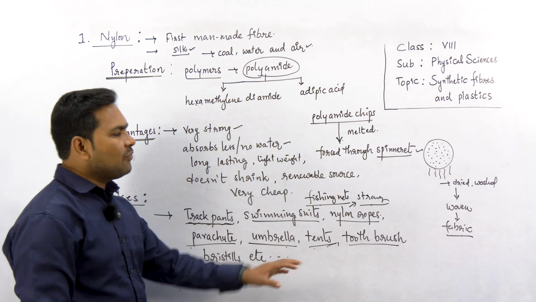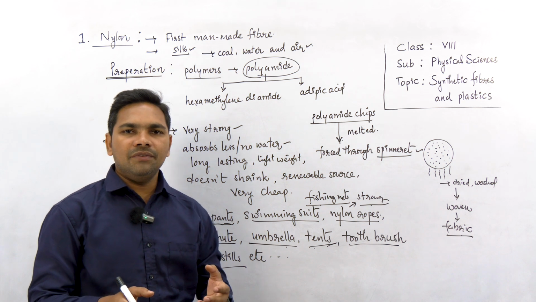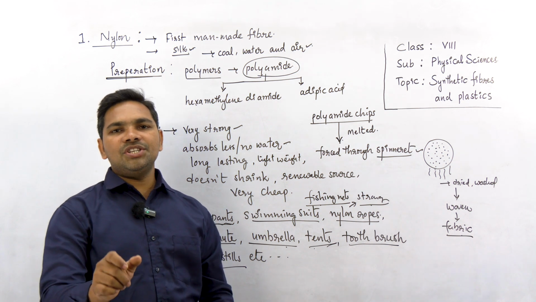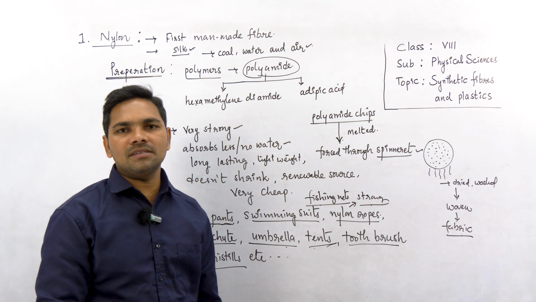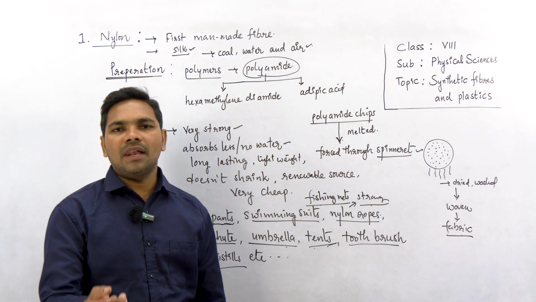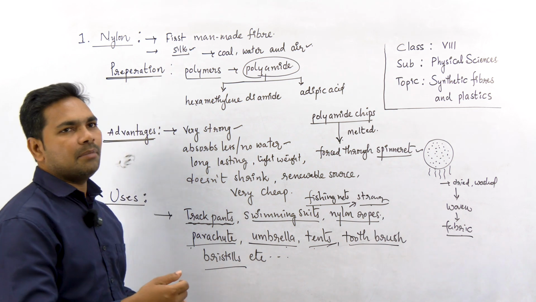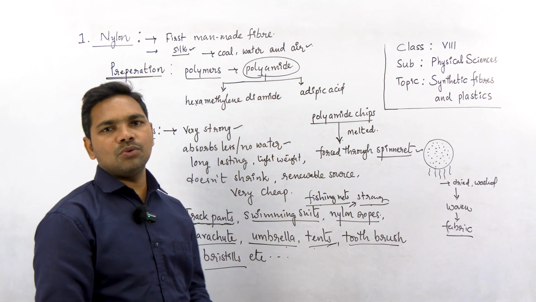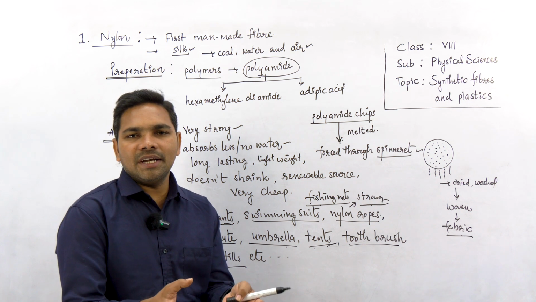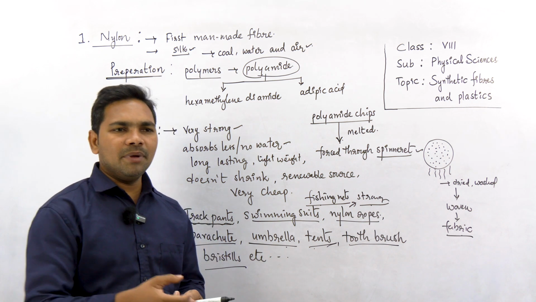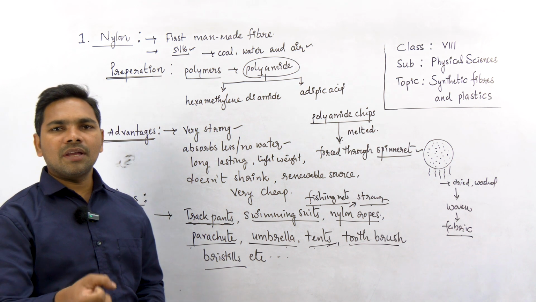In earlier days, before the invention of nylon, fishermen used to use fishing nets made of cotton. But we know the nature of cotton, like you learnt in earlier classes. Cotton is a natural fiber, and being a natural fiber, it absorbs more water. When fishing nets used to catch fish are made of cotton, the net absorbs more water and becomes very heavy, and it is difficult for fishermen to carry such huge